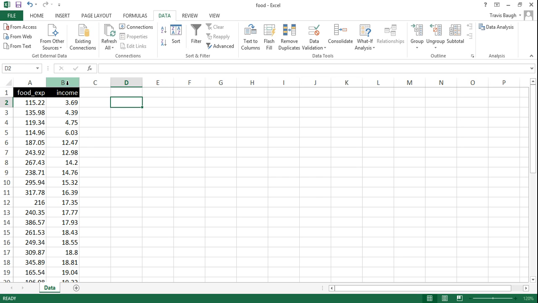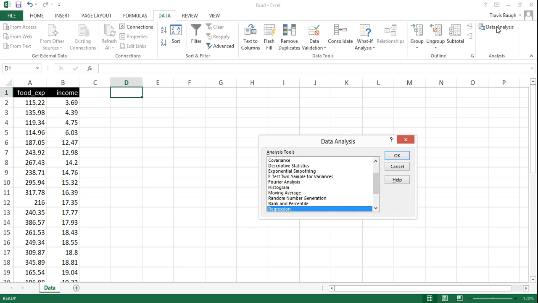analysis with income as the explanatory variable and food expenditure as the dependent variable. So these are my x values, these are the y values. To run this regression analysis, I am going to use data and then the data analysis tool, which has already been added in on my computer. Then from the tools I'm going to select regression,